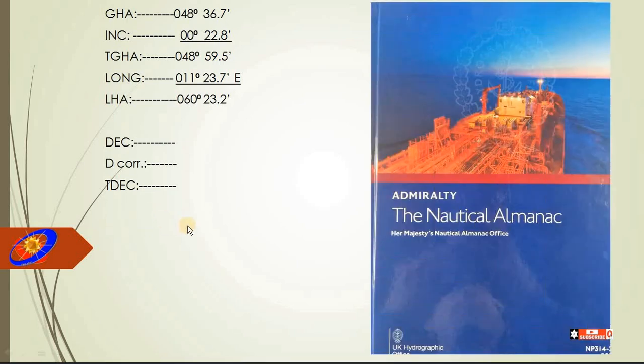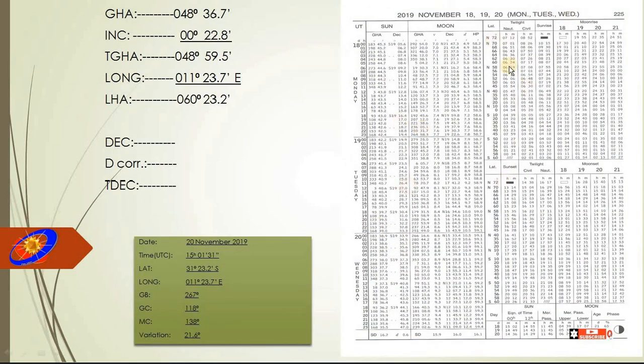Okay, so we are going to take now the declination and its correction, so that we could take the true declination. Still we're going to need the Nautical Almanac for this, and of course this page from before and this data from before. November 20, 1500. So the value here is the declination,